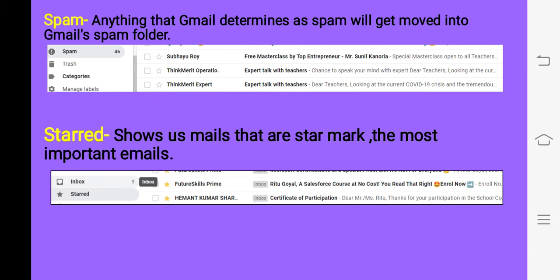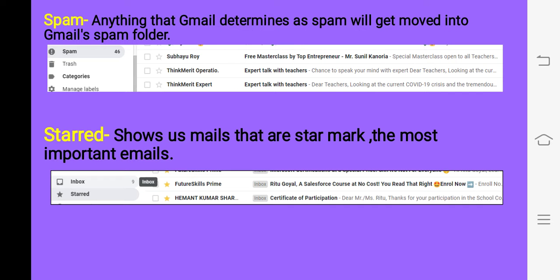Spam. Children, in spam we can also send the messages that are unwanted for us, that are coming from unknown persons, and also sometimes Gmail automatically sends some mails to the spam folder. Spam folder keeps the unwanted mails. Gmail automatically sends the mail when it finds out that the person is not known to us.